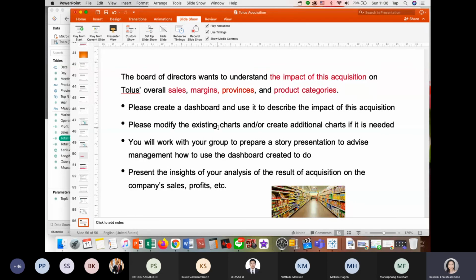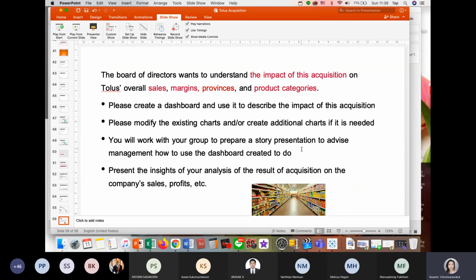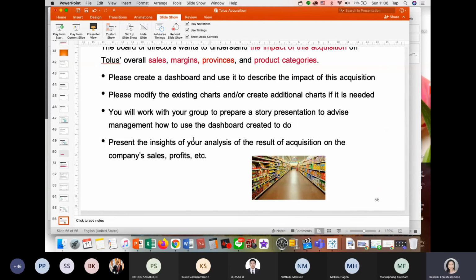And then you can modify the existing charts and explain how you do the analysis. What other charts do you create? You will make with your group, and this time I want you to present a kind of story as well, and present your insights of your analysis, the result of the acquisition on the company's sales and